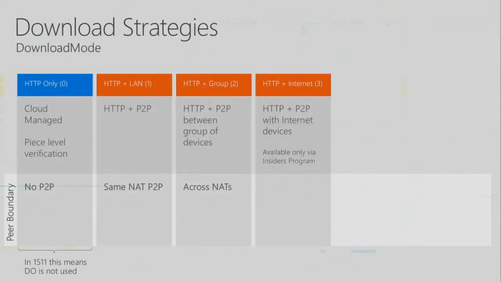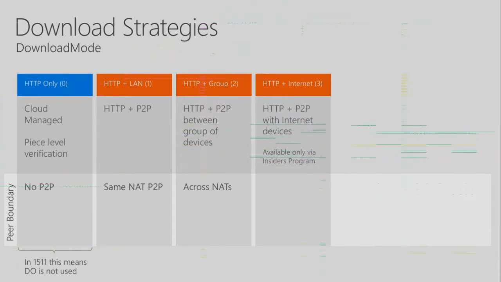So, moving on to download mode. We have a bunch of options in the 1511 build. These were the options that we exposed. You either use HTTP plus LAN, and that means that you allow peers that are behind the same NAT, and that's the default option that we enable in Windows 10. There's the option to enable group mode. And group mode is where you're saying, okay, I want to expand beyond just the NAT. Maybe I have multiple NATs in a single office, and I want to have more peers and peer-to-peer activity between those NATs. So this is when you use